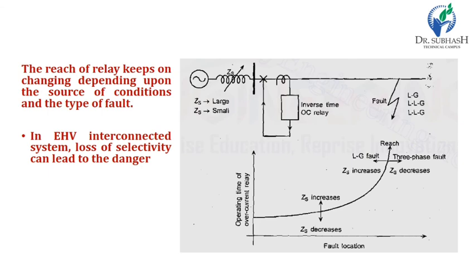If the fault is not within the reach of that overcurrent relay, or it does not sense it as a proper fault, then the interconnected power system may lead to very dangerous conditions where multiple machines are connected. So this is the